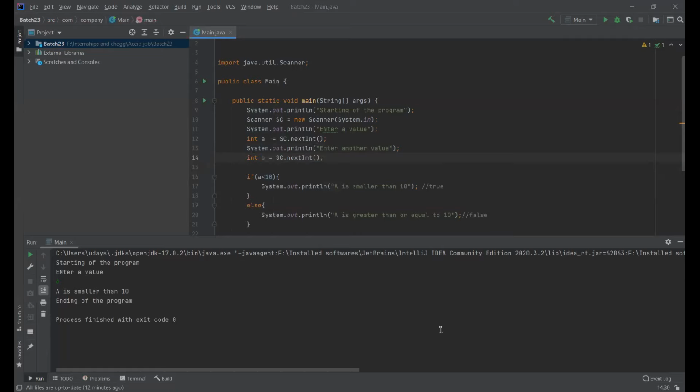Right, cool. Just a second, enter another value. I put it into B. Okay, so now look, with two values I'll just compare between these values. Okay, if A is less than B, then